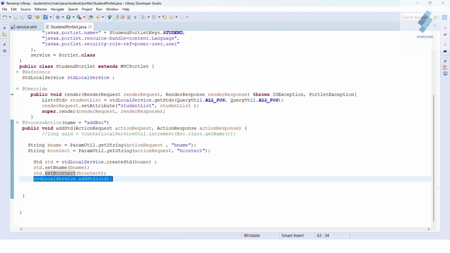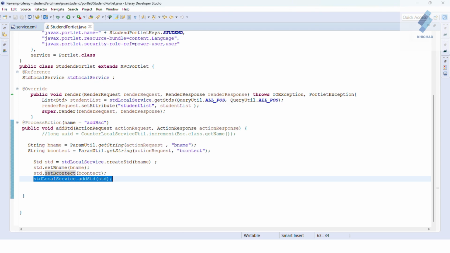Moving forward, we'll utilize the student local service reference to create a new instance. Alright, now we have created the methods for adding a student and rendering it.